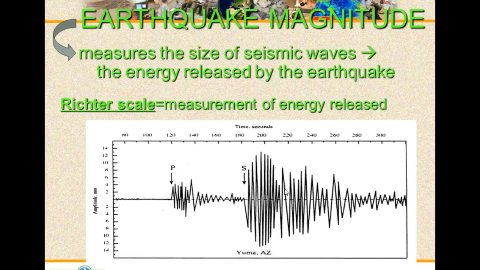What's also important to remember about this scale is that each time we move up a number, the amplitude of the wave goes up by a factor of 10. Write that down. So for example, a 3 on the Richter scale generates waves with 10 times more energy than a 2 on the scale. Also write that down. That will absolutely be on the quiz.